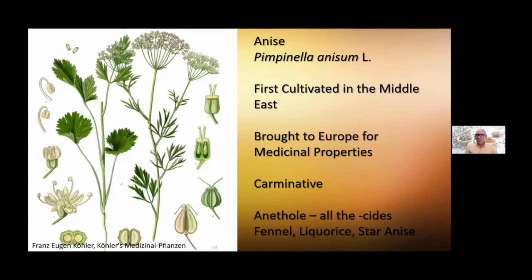This was used as a carminative, however you want to say it. You might not want to say it when you find out what it means. A carminative is something that prevents the buildup of trapped wind. It's fart powder, basically. So this was used medicinally for gastrointestinal distress, but then it also found its way into